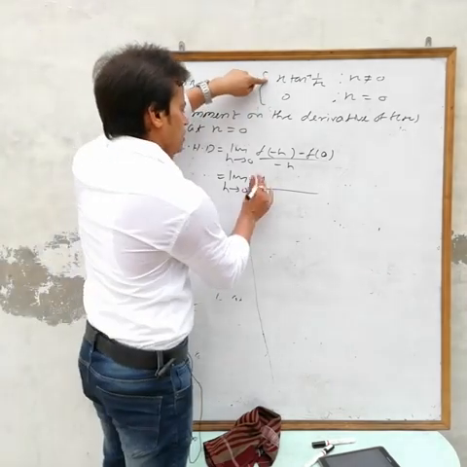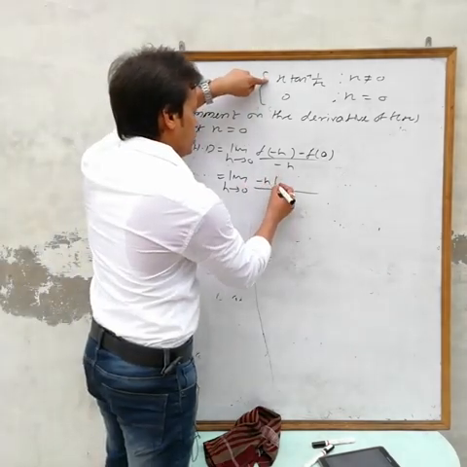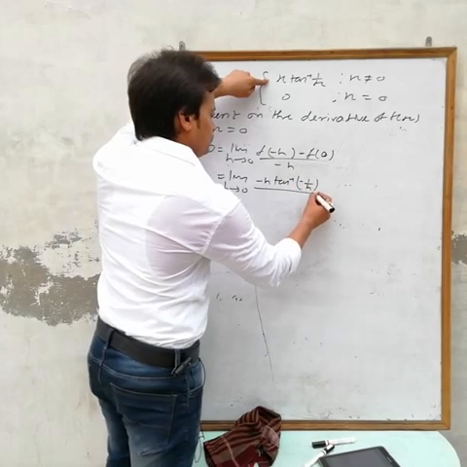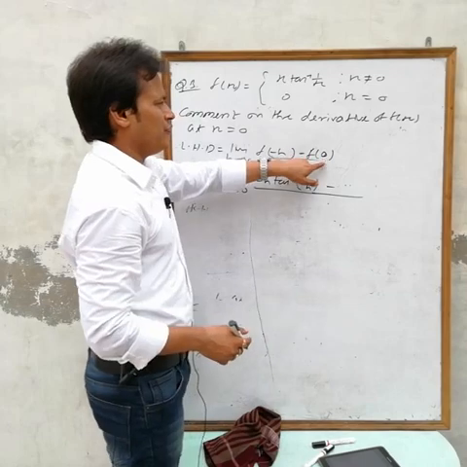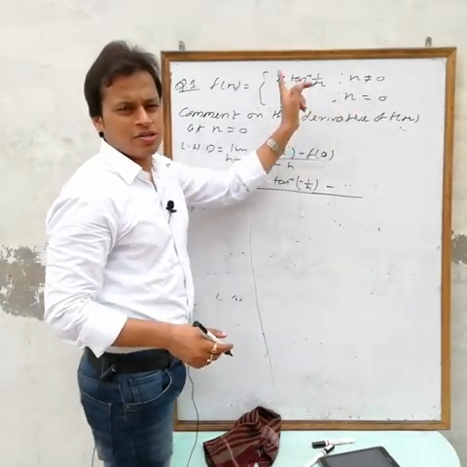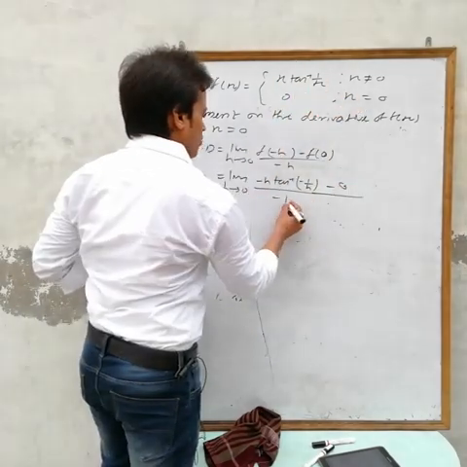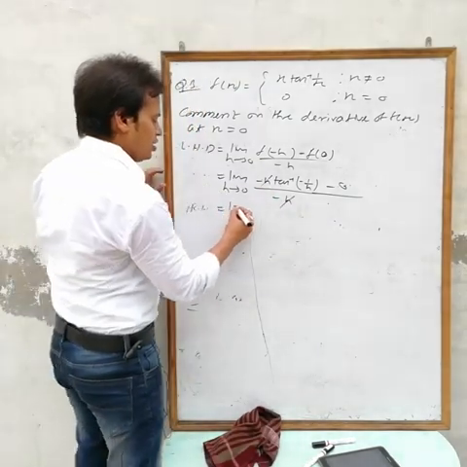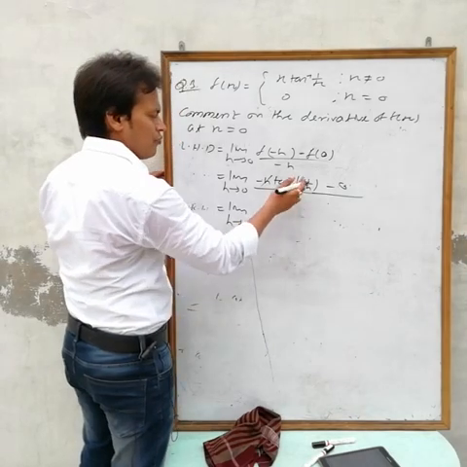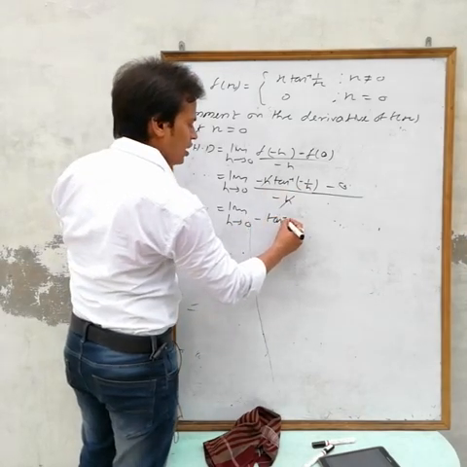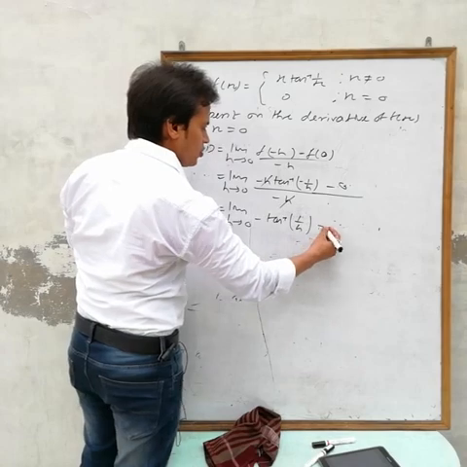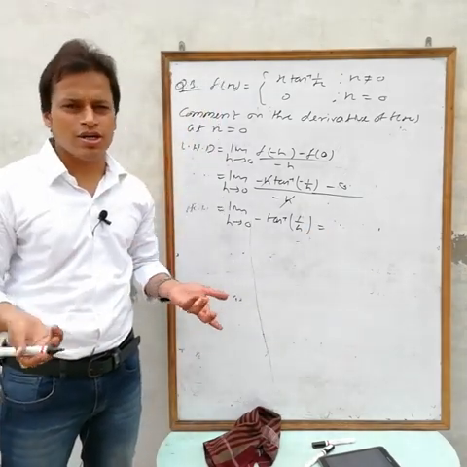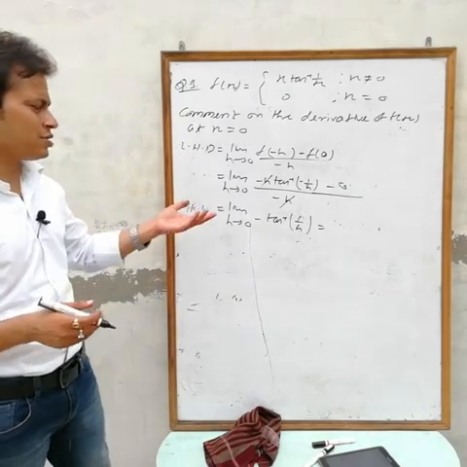Okay, put in this one: minus h tan inverse of minus 1 by h minus f(0). Value of f(x) at x equals to 0 is 0, okay, by minus h, minus h cancel out. What we are getting? Limit h tending to 0, minus outside, tan inverse 1 by h. Okay, now at the end we have to put h equals to 0, there is no other option. Okay, this is the simplified form.